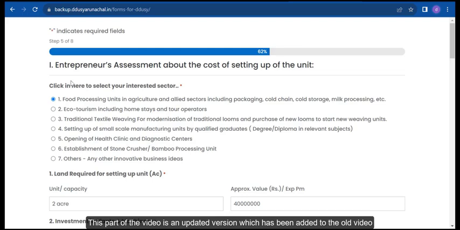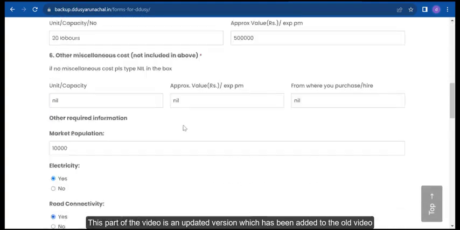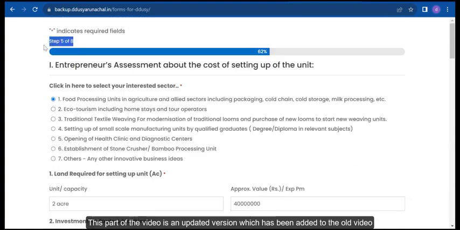Okay, so what you were watching is last year's tutorial video, so I'm just adding this portion in. Last year, 70% of the applicants were making mistakes in this step. This is the 5th out of 8 steps. Some of the mistakes were, for example,